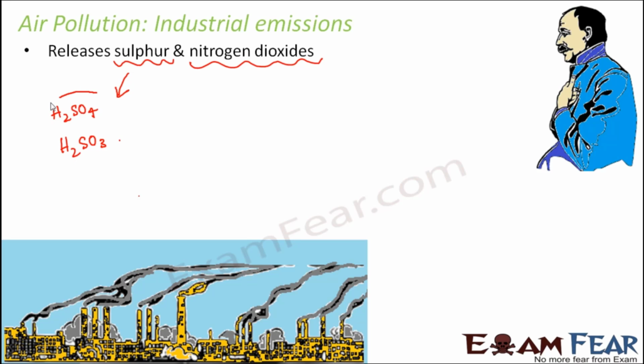Now this sulfuric acid in turn can cause acid rain. The sulfate particles can be transported in breathable particulate material. Now, if these particles are breathed in, like when we are breathing, these particles might also enter inside our body. So they can cause nose and throat irritation, coughing, shortness of breath, or even a tight feeling around the chest. So these are some of the problems that can instantly happen if you inhale the sulfate particles or any of